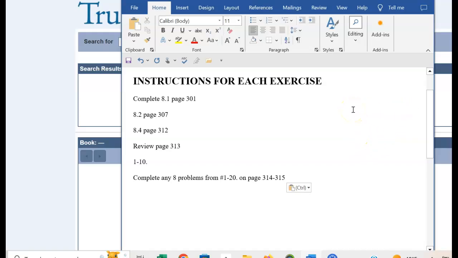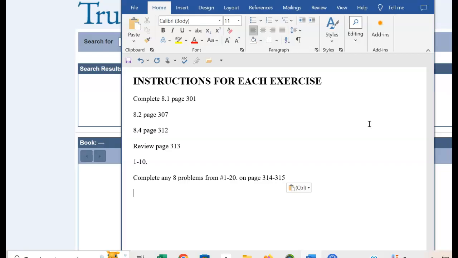8.1 in your book is going to be real easy. You basically need to read the chapter and fill it in. The same with 8.4, same with review for page 313. Okay, so now we want to complete any problems from 1 to 20 on pages 314 to 315. All right, so if you go to these here,